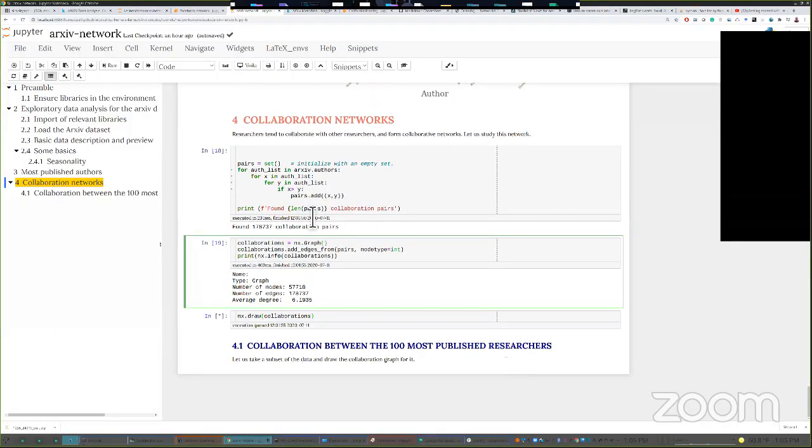As if this is basically an upper triangular matrix with off diagonal elements. Absolutely, Shankar, you got it. And so after that, I have all the pairs. What are those pairs? Those are the edges in my graph. Authors are the nodes and the pairs, the collaborations, are the edges. Therefore, I can draw a graph, which is what I'm doing in the next line. And that is it, guys.